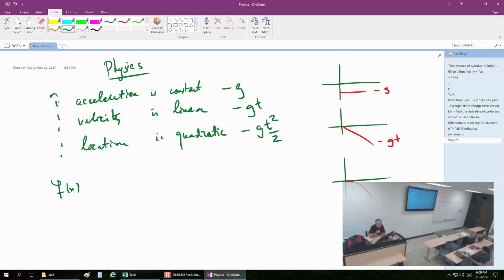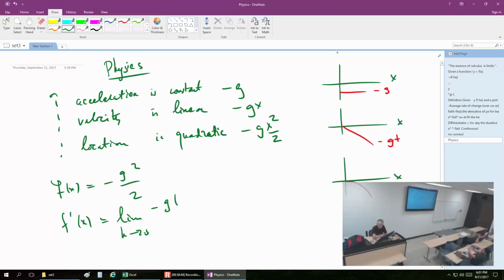So we're starting with location, which is negative gt squared over 2, and we start differentiating. If we want to find the velocity, what do we do? We do the difference quotient. So h goes to 0. We have negative g. Okay, I'm using t as a variable. That's not wise. Let me put x here, so time is x. Okay, so negative gx squared over 2